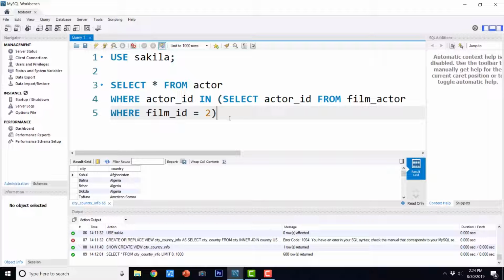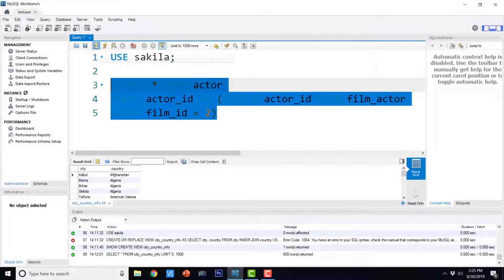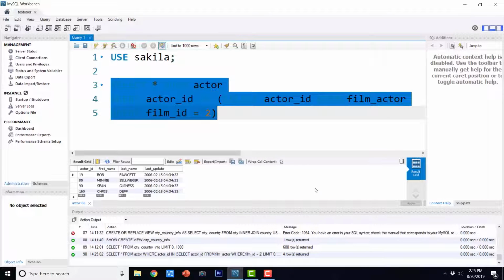So let us try to execute this query. Okay, so this is the output.